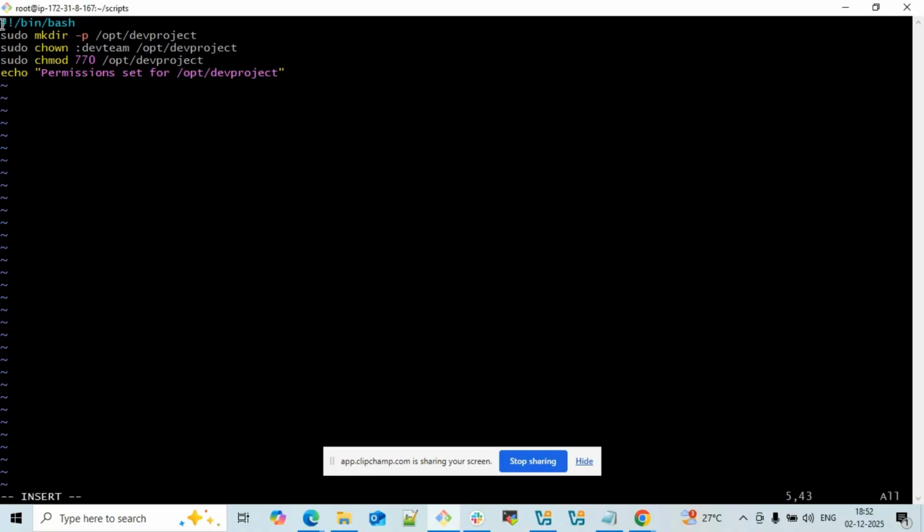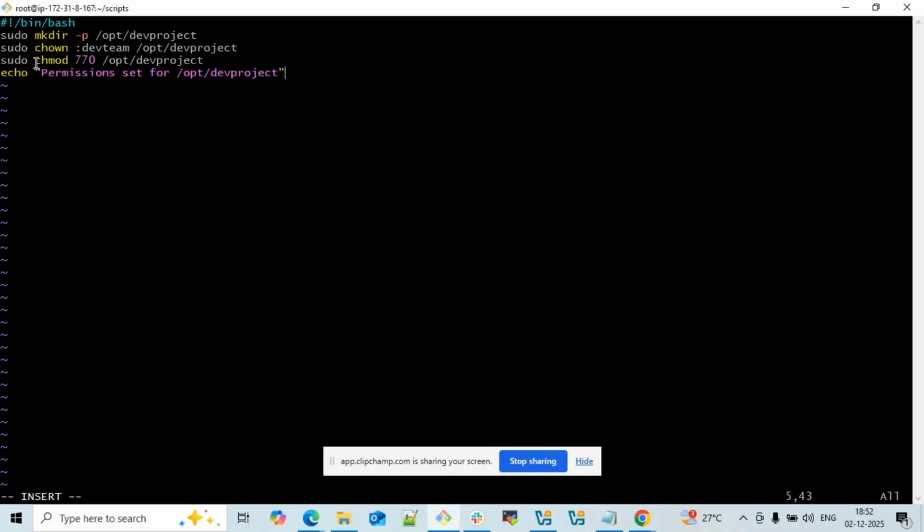And if you see, this is the shebang. I'm creating a directory opt, and inside opt I'm creating a directory dev project, and I'm changing the owner permissions. You see dev team /opt/dev project,